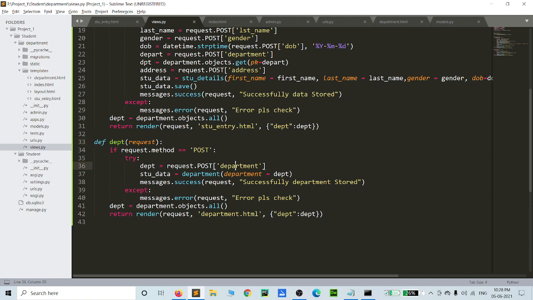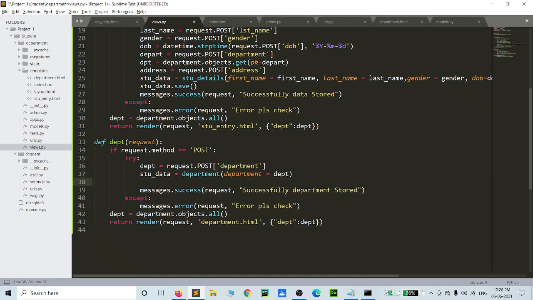In views.py it is request.method. Then here you give the name, department data. The data is not saved here. We deleted the save call, so add the dot save method.